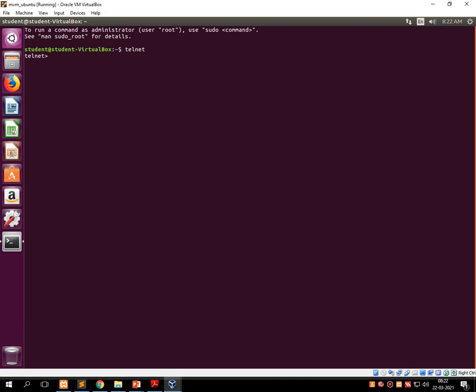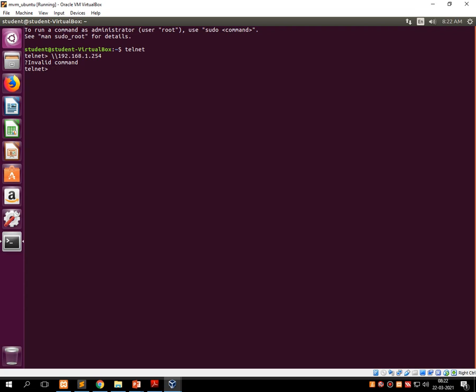It transfers the user into the environment of telnet. Now over here, I write the IP address of the system which I want to access. This IP address was previously assigned by myself for accessing the other system. Once I write this command and press enter,